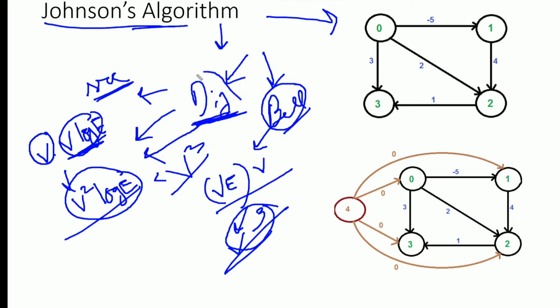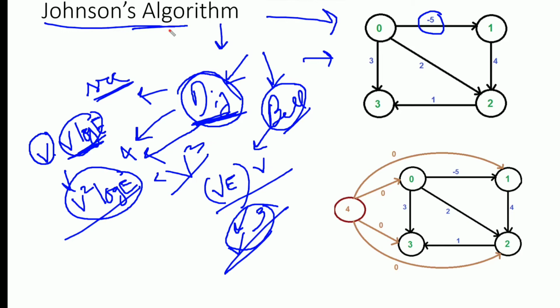But there is one problem. Dijkstra algorithm does not work when there are negative weights in the edges. If we see in the graph, between 0 and 1 there is a negative edge. If there is a negative weight edge in the graph, then Dijkstra does not perform under that condition. So we can approach this problem by finding all pair shortest path using the combination of Bellman-Ford and Dijkstra.